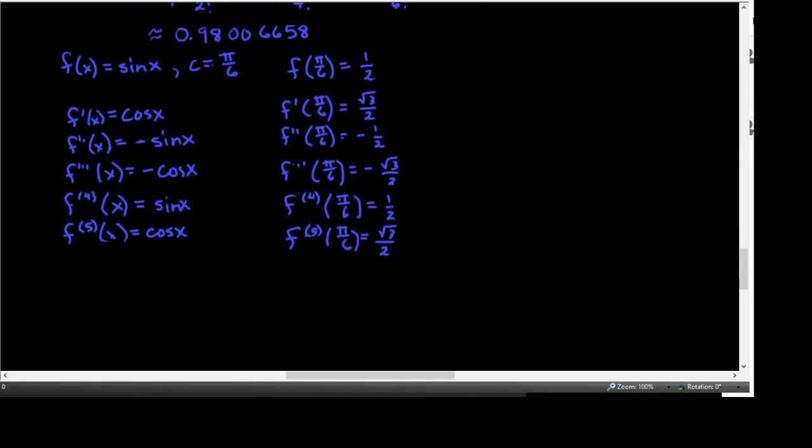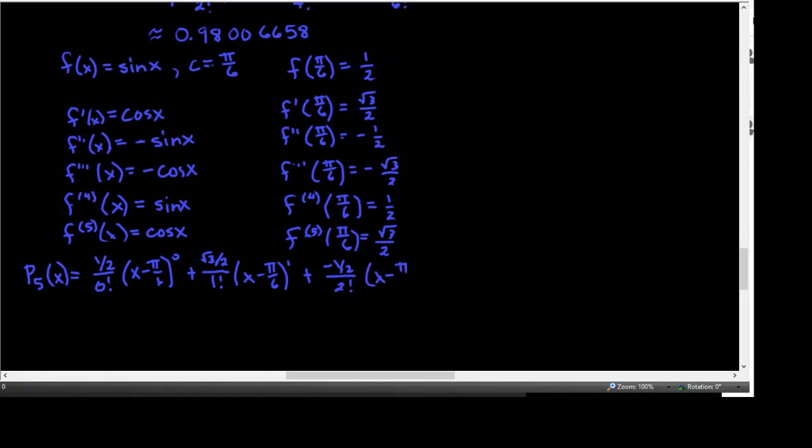Okay, so the fifth Taylor polynomial, p sub 5 of x is the label for that. Make sure you use correct labels when you do this. Is f of c, which is 1/2, over 0 factorial times x minus c, pi over 6 is what c is, raised to the 0 power, plus the first derivative answer, square root of 3 over 2, over 1 factorial times x minus pi over 6 to the first, plus the second derivative answer is negative 1/2 over 2 factorial times x minus pi over 6 squared,